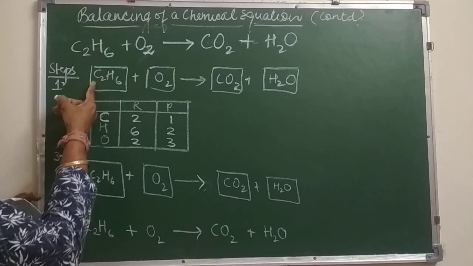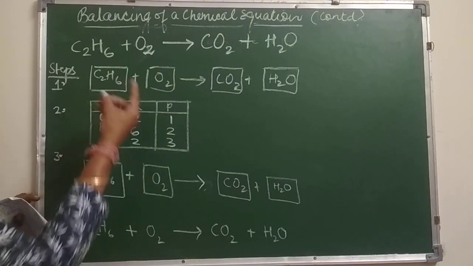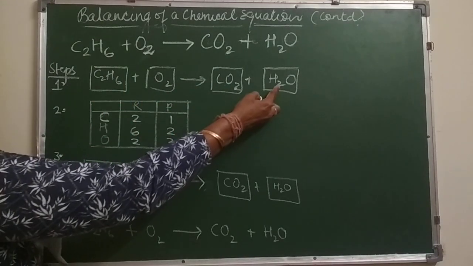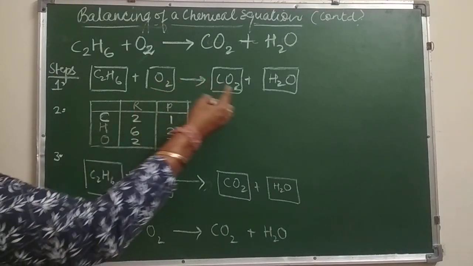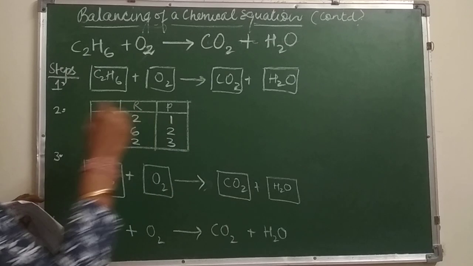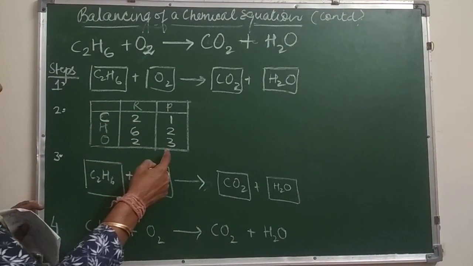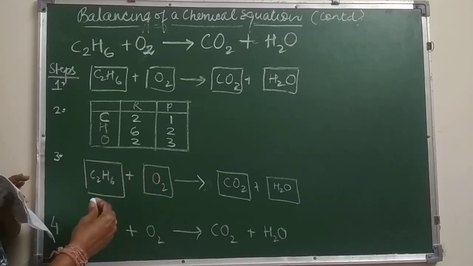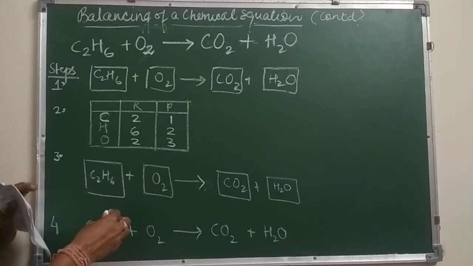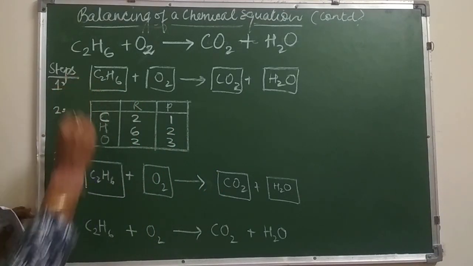So you see left hand side I have 2 carbon, right hand side I have 1 carbon. Left hand side I have 6 hydrogens, right hand side I have 2 hydrogen. Left hand side I have 2 oxygen, right hand side I have 2 plus 1, 3 oxygen. This example students have taken specially because when you have an odd number, so this is not a rule, just a trick which may help you to do it faster. So let us see third step. I have just written down the whole equation again just like in step 1.